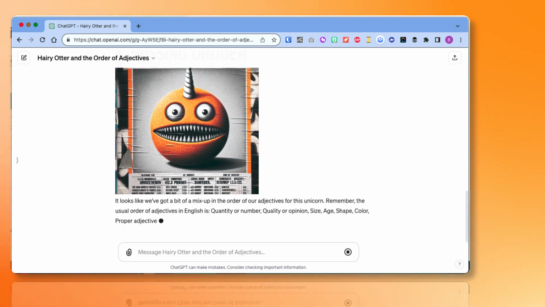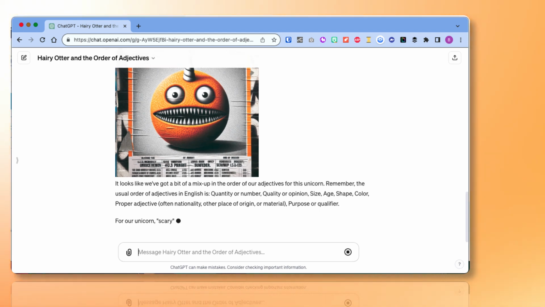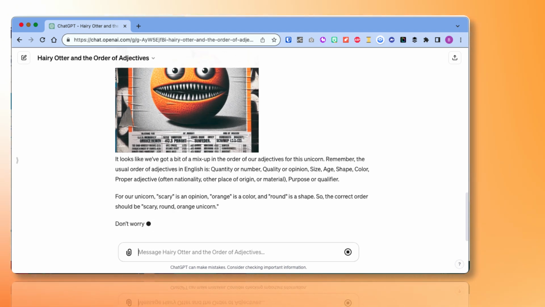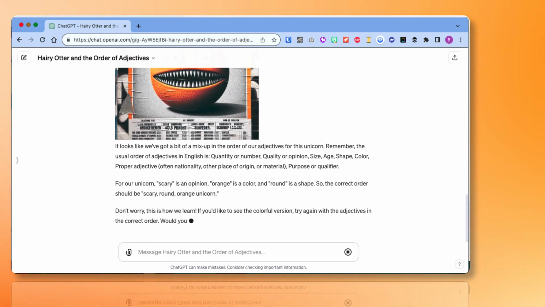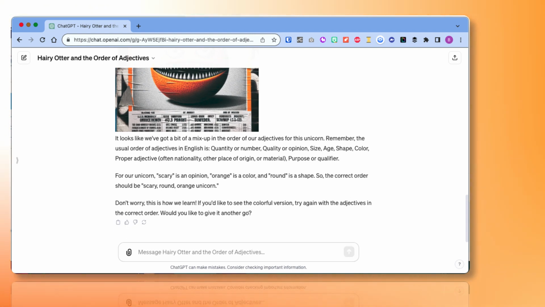But you can play with it. You can have some fun here. So it'll probably ask me to try one more time if I want to. For our unicorn, scary is an opinion, orange is a color. Okay, round is a shape. So this is how we learn. I did prompt it to encourage people, the hey, mistakes are good. Do we want to try again with 3 adjectives in the correct order? So I'm going to say